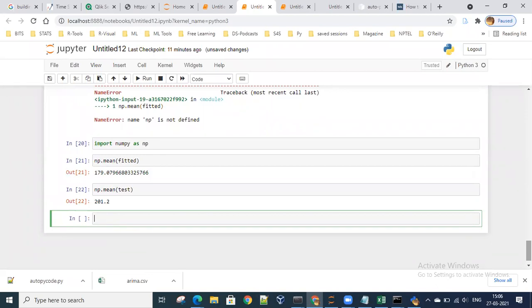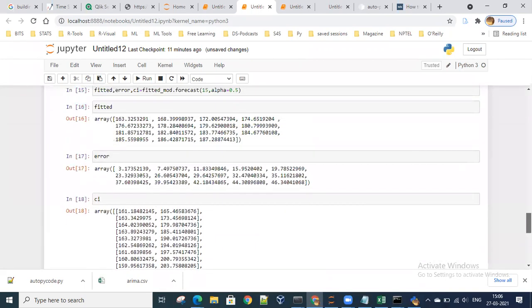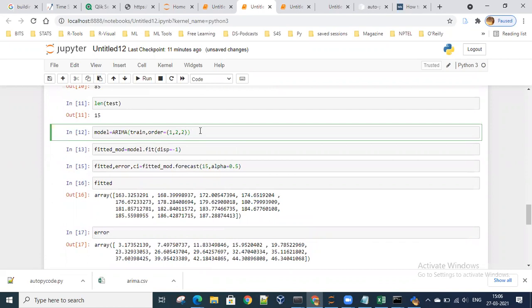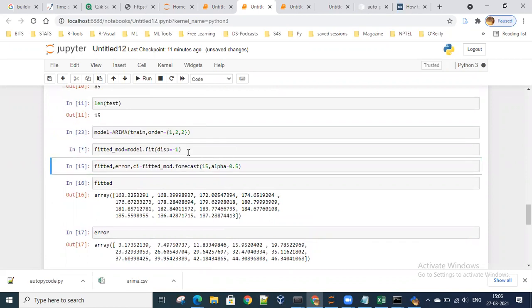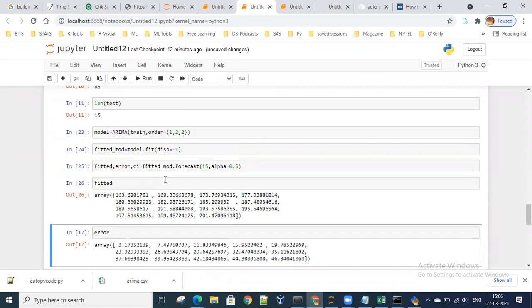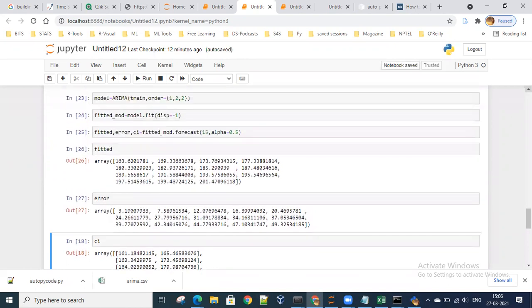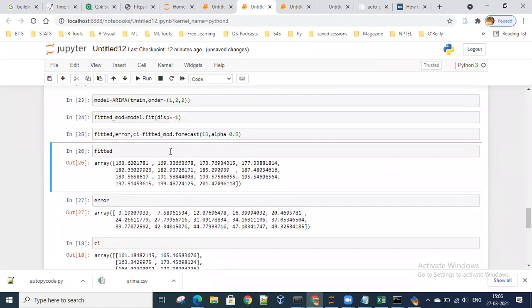Now how can we reduce this error? Through minor tweakings. So instead of 1, 1, 1 that we have taken, we can take 1, 1, 2 and all these things we need to do. Earlier, this was not the scenario. Earlier, we just needed to apply auto ARIMA and it would find these values by iteration itself. But I don't know why this function has been taken back and why we are not able to use it, because that function is very easy as well.